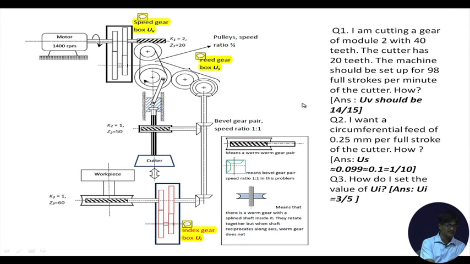Okay. So, let us quickly go through, and here we are having some symbols which I have discussed, in case you have some doubts about some of the mechanisms. This is a worm and worm gear, this is the worm, this is the worm gear. There are other ways in which we have depicted it. This is a pair of bevel gears and this one is a worm gear with splines inside which is fitting to this splined shaft. So, worm gear on a splined shaft.